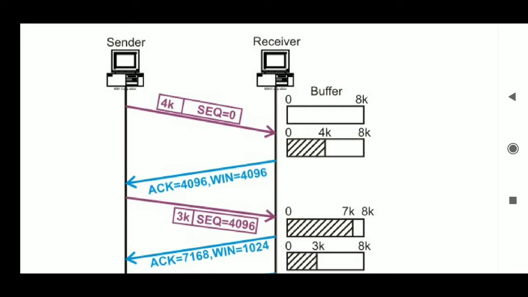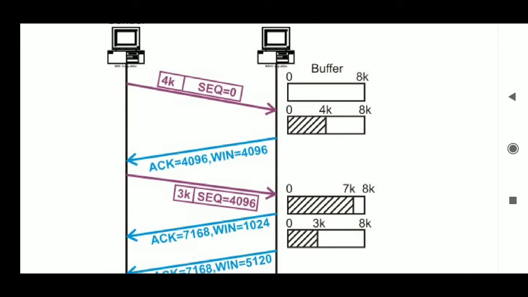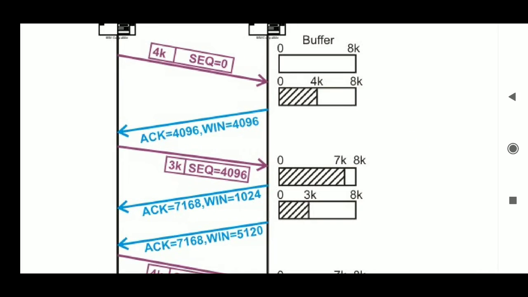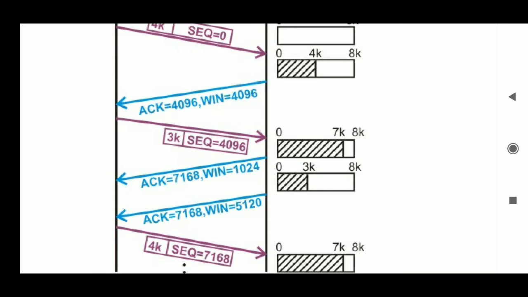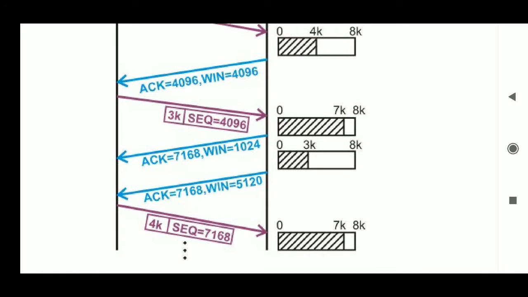So it may be noted that the window size is totally controlled by the receiver window size, which can be increased or decreased dynamically by the destination. So the destination host can send acknowledgement at any time. Initially 4k bytes with sequence number 0 is sent, and after 4k bytes the acknowledgement is given by the server that they have taken the 4k bytes, and when 3k bytes are sent by the client with the sequence